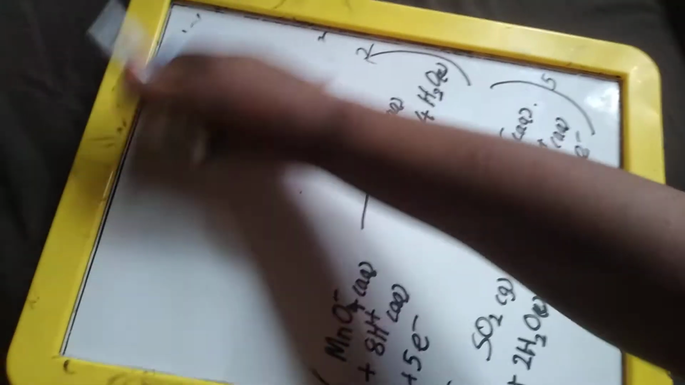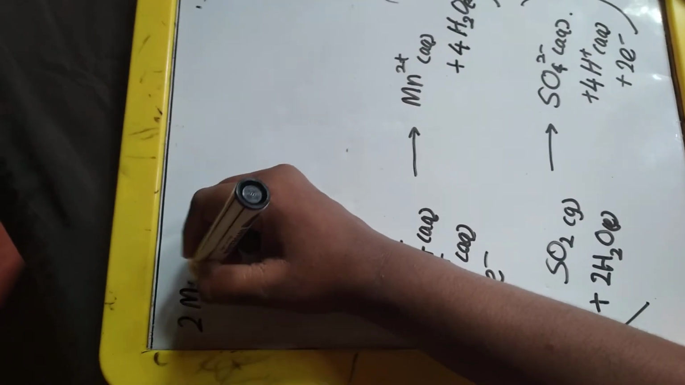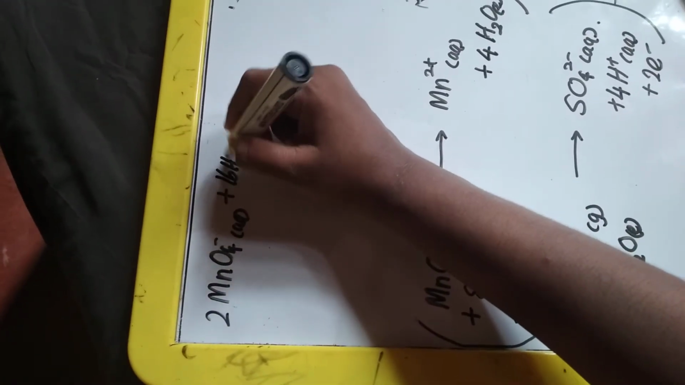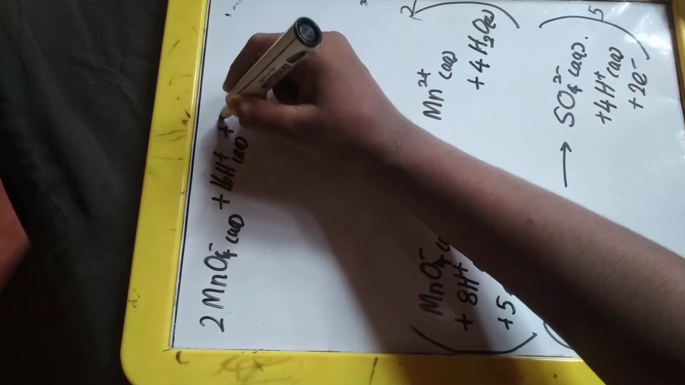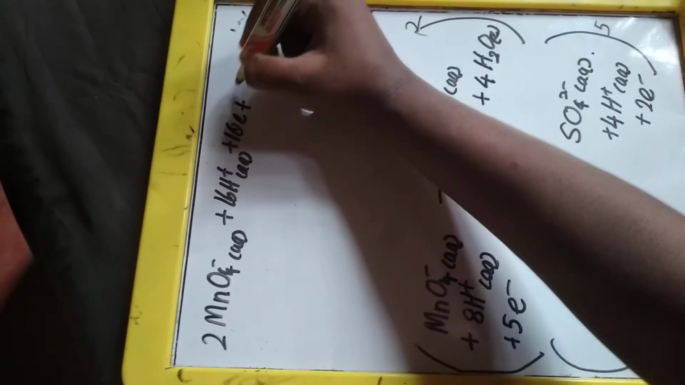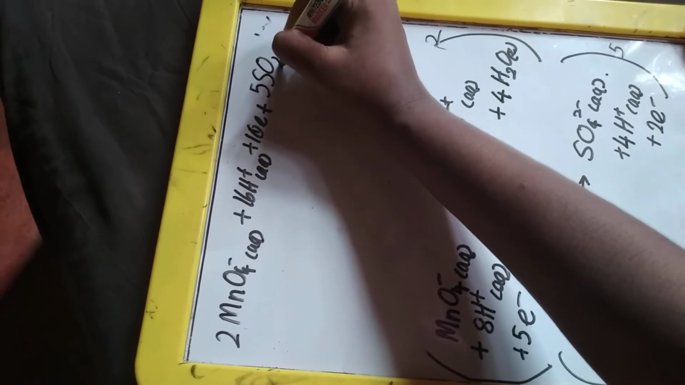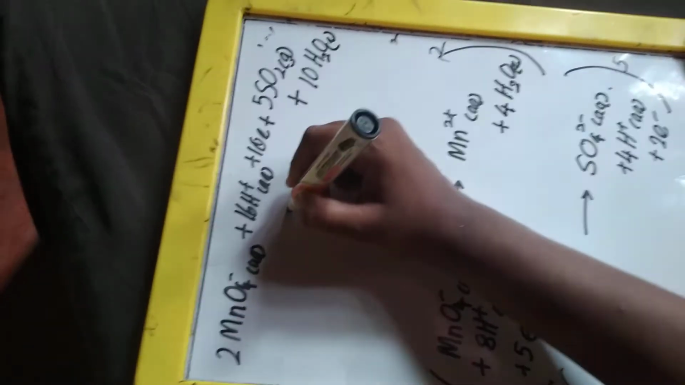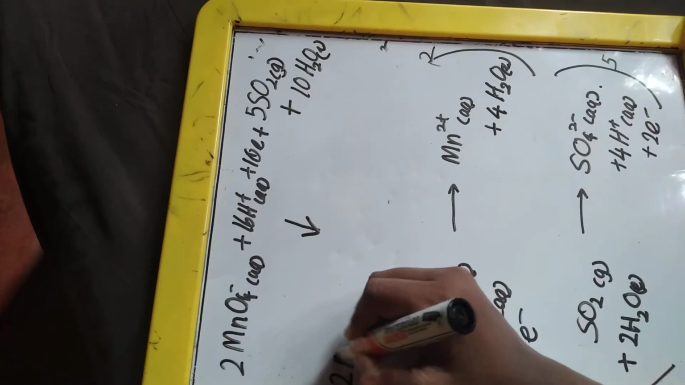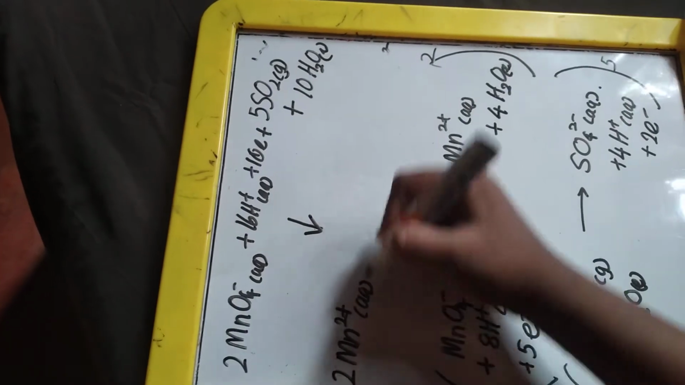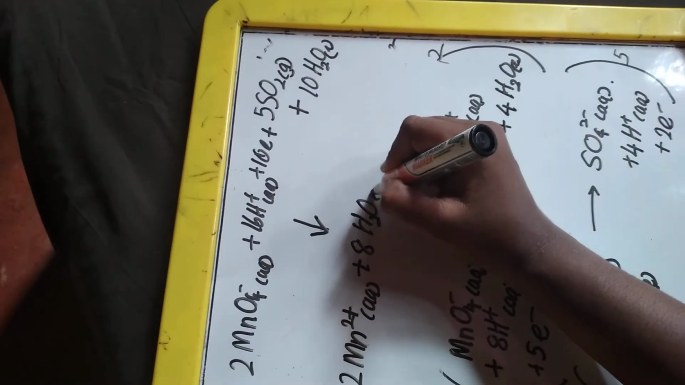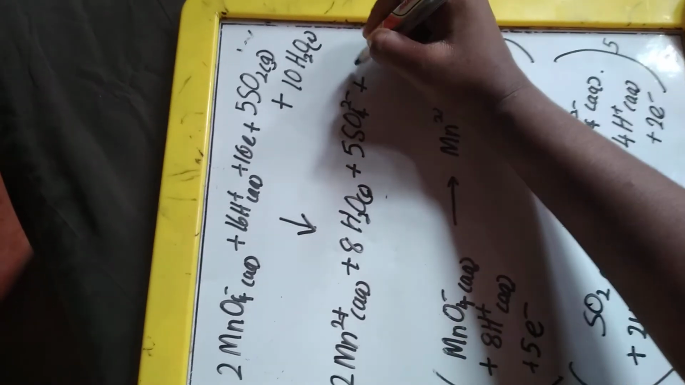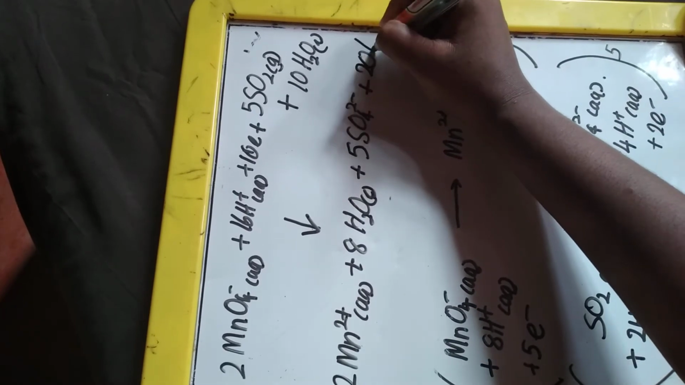Then you have to add these two equations. So the final equation will be 2 permanganate and 16 H plus, 10 electrons, plus 5 sulfur dioxide plus 10 water gives 2 Mn2 plus, 8 H2O, plus 5 sulfate, plus 5 into 4, 20 H plus